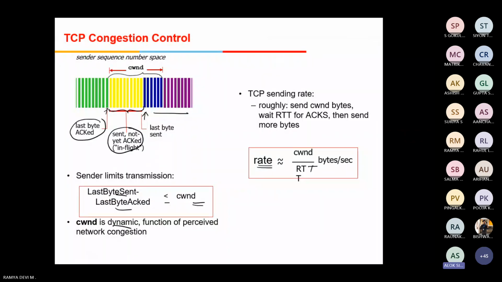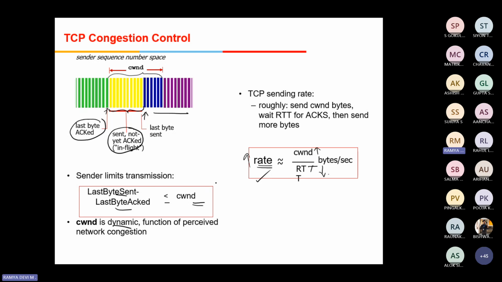Round trip time, ma'am. It is round trip time. Okay. So if my congestion window size is larger and the round trip time is smaller, I'll be getting a faster TCP. The rate can be transmitted faster. The rate increases, the TCP can send the data in a faster way. So this should be balanced with network feedback to avoid the congestion.